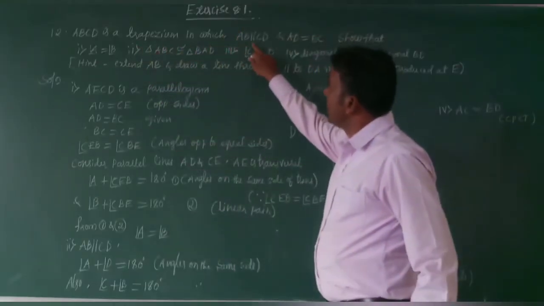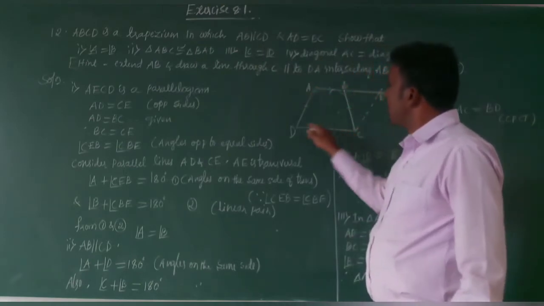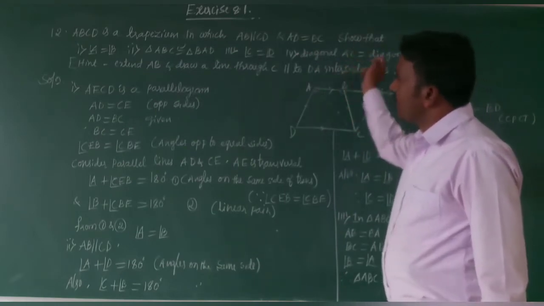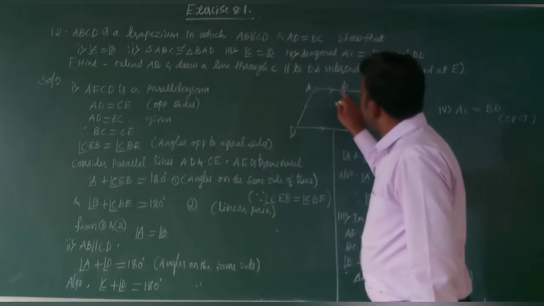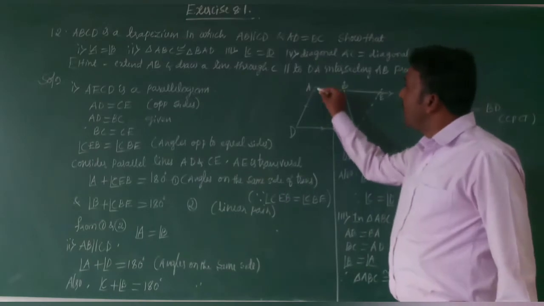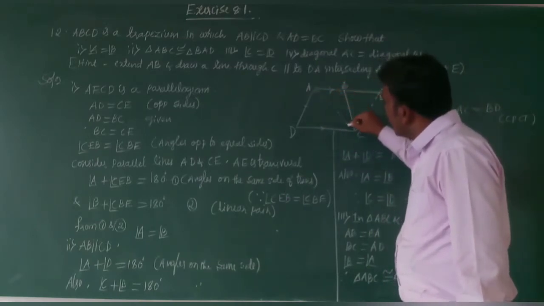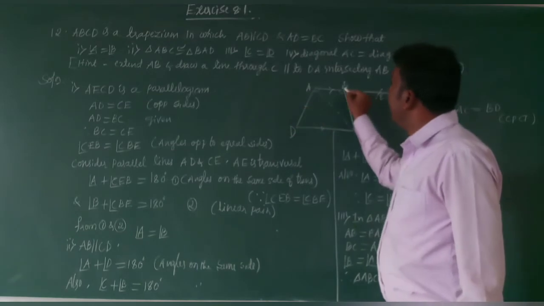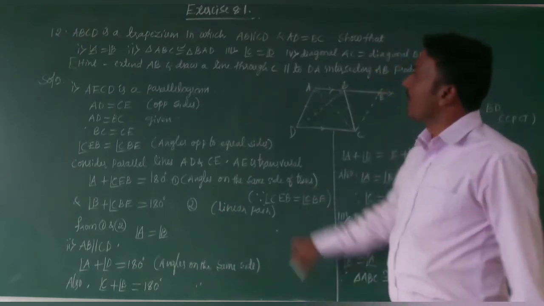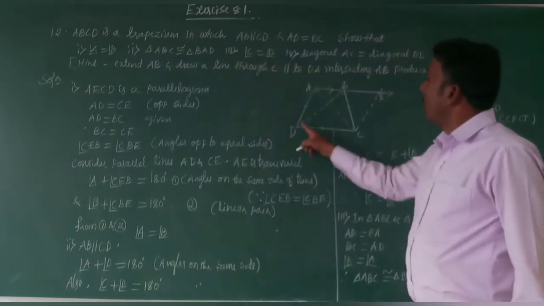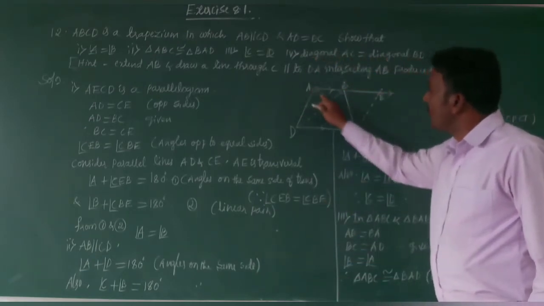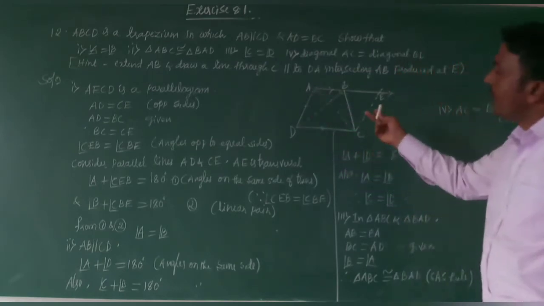ABCD is a trapezium in which AB is parallel to CD and AD is equal to BC. By using this, show that angle A is equal to angle B. Second condition is triangle ABC is congruent to triangle BAD. Triangle ABC we need to draw here, it is not given. ABC and BAD, the diagonals also, then only we get triangles. Okay. Next, third case, angle C is equal to angle D. Fourth one, diagonal AC is equal to diagonal BD. Not given, we need to draw the diagonals here.